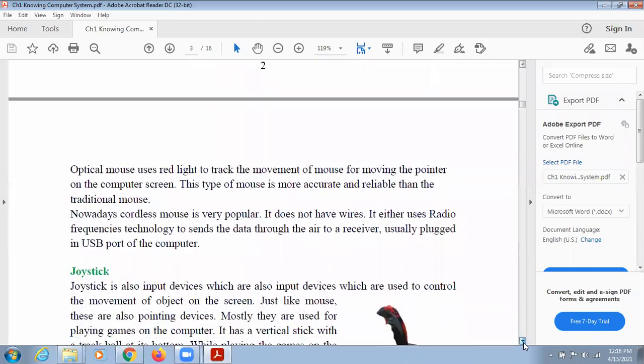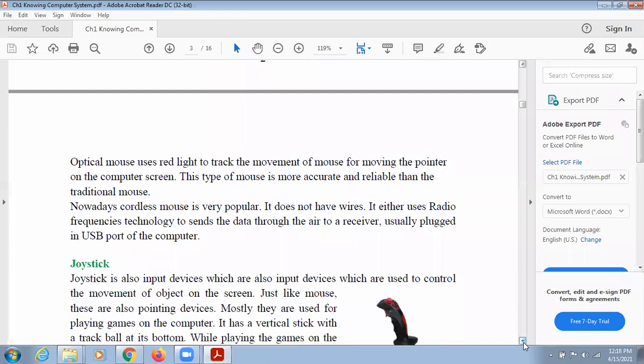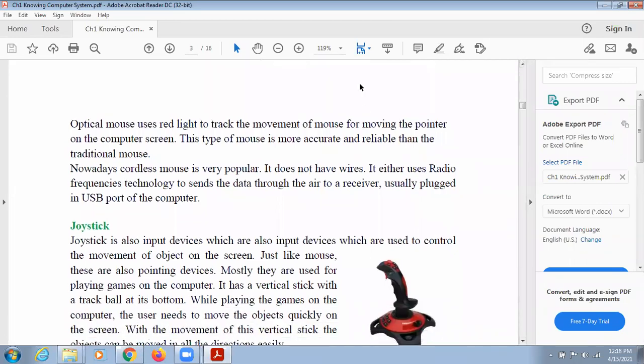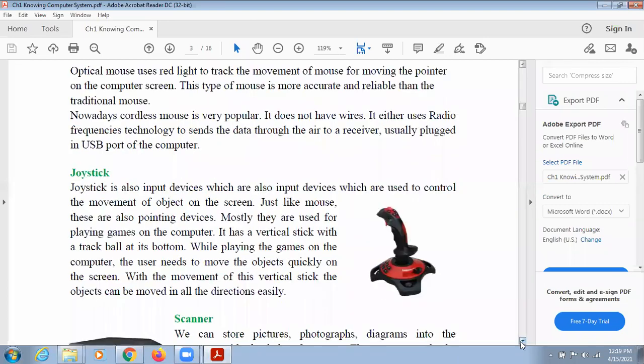It either uses radio frequency, or sometimes it also works with Bluetooth. So if you have Bluetooth in your laptop or in your computer, then only you can use this type of mouse. It depends on which type of mouse you are using, the radio frequency mouse or the Bluetooth one. You just have to plug the USB into the computer, and then your mouse will start working.